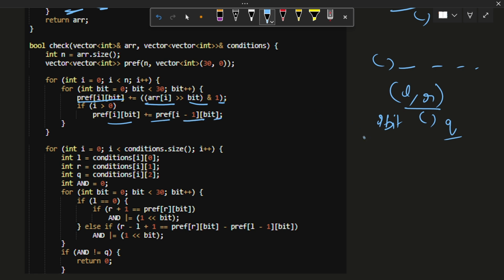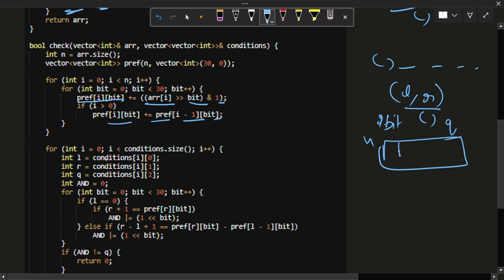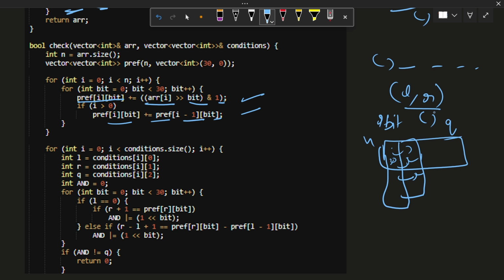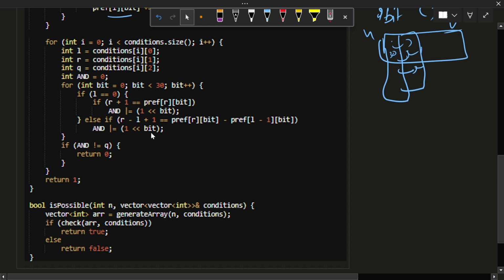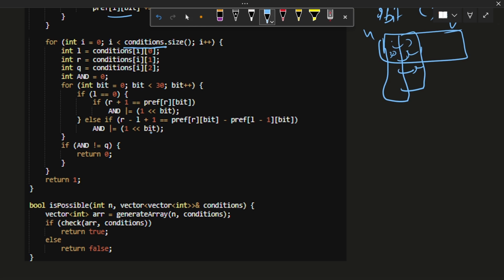The prefix array is of size n, and it contains a vector of size 30 at each position, which will store the count of each set bit. I'm moving to the next position and adding these bits to the next, and similarly going on to the next and adding these bits, right? Here I will create my prefix array, and here I'm accessing my conditions array, and I have created L, R, and Q,